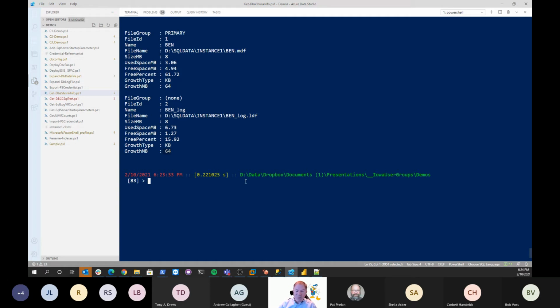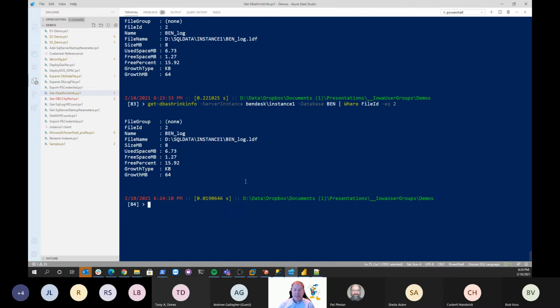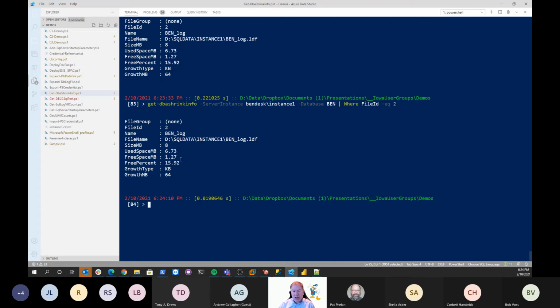Now it'd be a little different. I'd have to put a where clause on it, right? I'd have to say where FileID is equal to 2, and I'd get 2, because if I had a partitioned database where you have partitions and you have tons of file groups and stuff, you wouldn't want to be sorting through the shrink info just to get this guy. Okay, this is pretty close in nature to getting the DBCC SQLPERF and doing a where, and it will tell you the log space free and the log space used and stuff like that in different words,